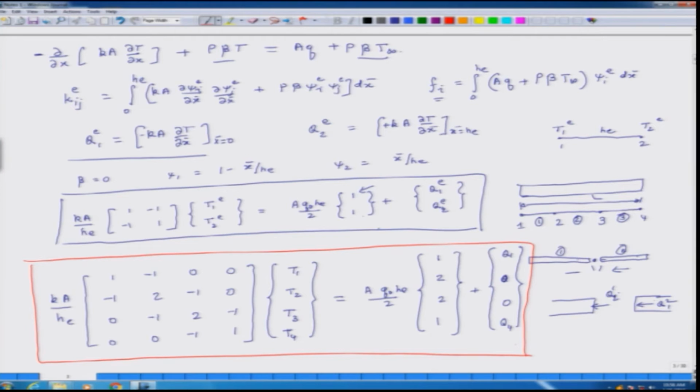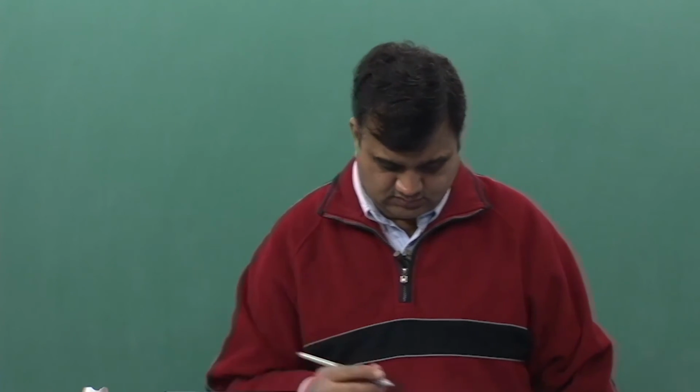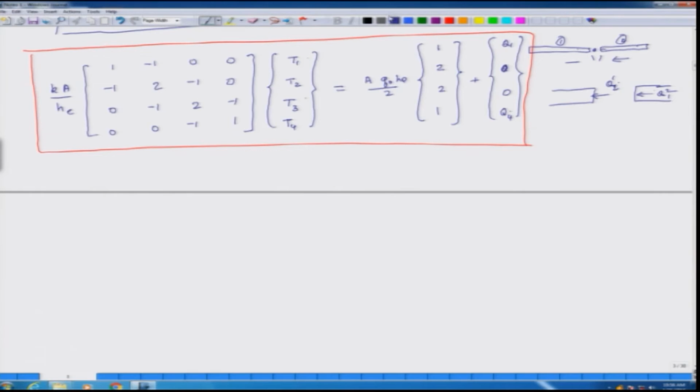Okay. Now, I see that in this equation I have 4 unknowns T1, T2, T3 and T4, and then I have 2 more unknowns Q1 and Q4. So, there are a total of 6 unknowns and 4 equations. So, I need 2 extra conditions, and these 2 extra conditions will be gotten through application of the boundary conditions. So, we will solve this equation for 2 different sets of boundary conditions.